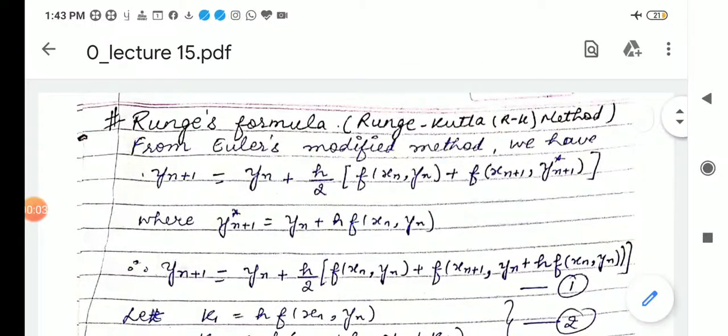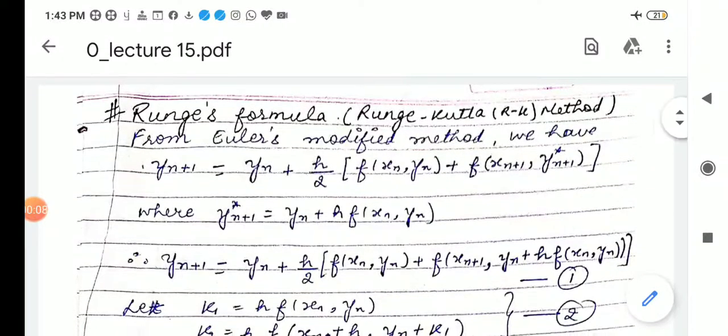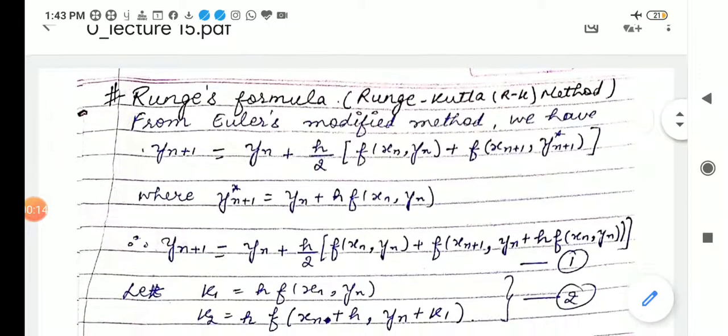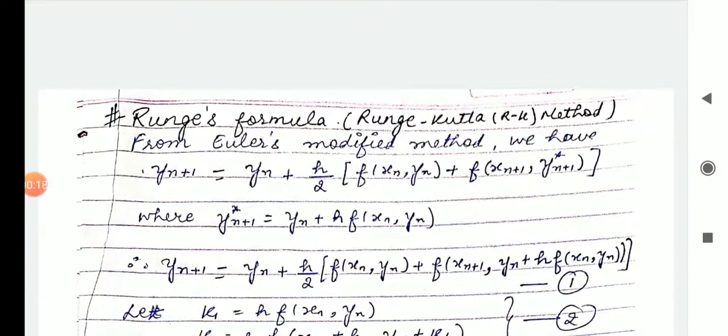In the previous lecture, we started the numerical methods to solve ordinary differential equations. We have already discussed Picard's method, Taylor series method, Euler's method, and Milne's predictor-corrector method. In this lecture, we will discuss the Runge-Kutta method, that is the RK method, or Runge's formula, to solve ordinary differential equations